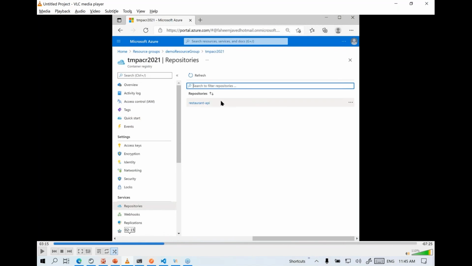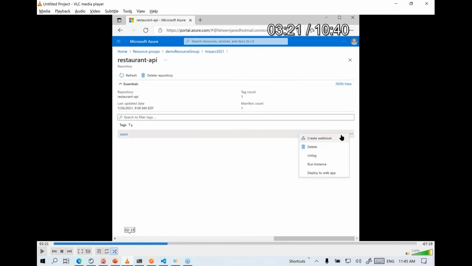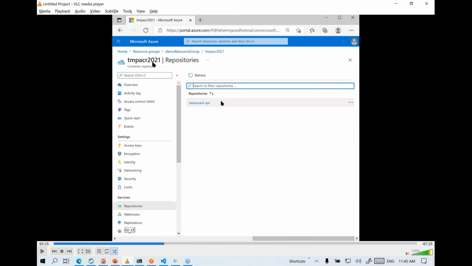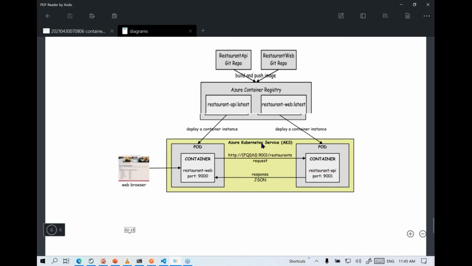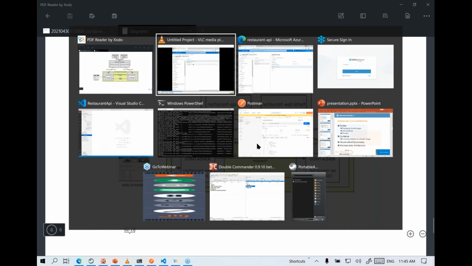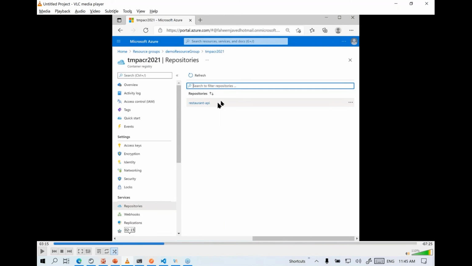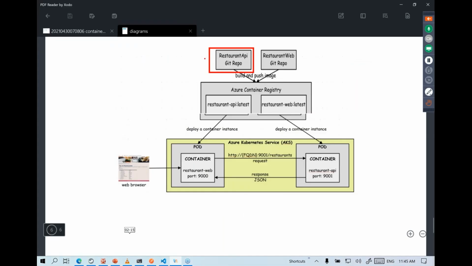Before deployment, notice that even in the video recording, I showed these repositories that are part of the ACR. And before you deploy to AKS, Azure Kubernetes Service, typically we test it out on Azure as well. Just like we previously built the image on the local machine and then tested it on the local machine.